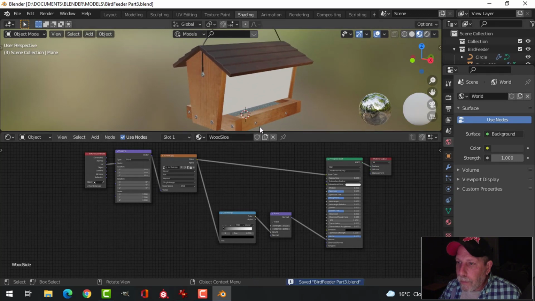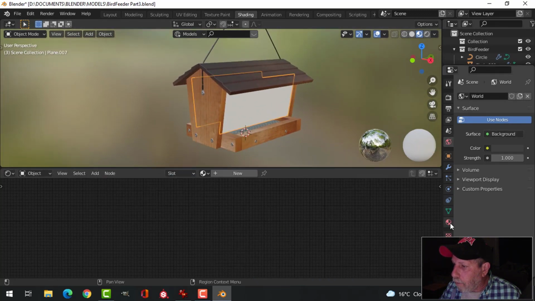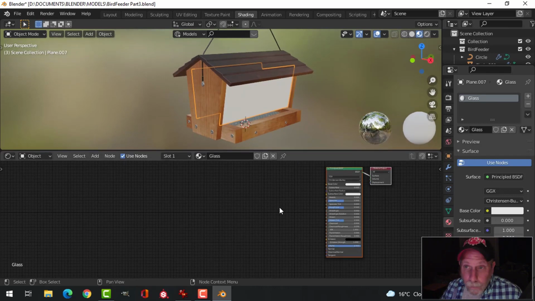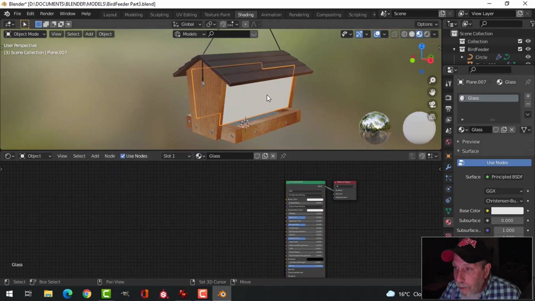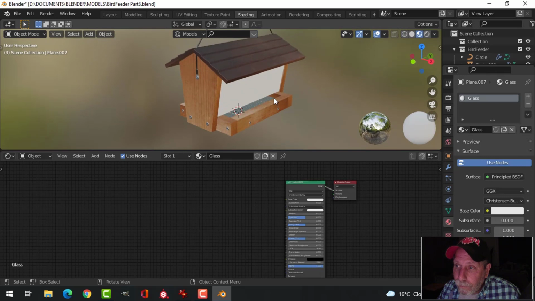All right, and the last thing we need to do is the glass. Let's create a new material and call it glass. And then there are many different ways to do glass. Now I should say that I'm going to be rendering this in Cycles instead of Eevee, and that will potentially